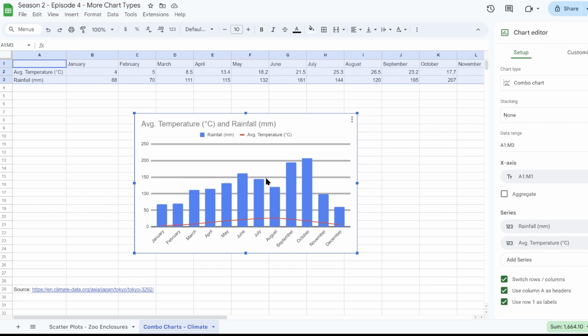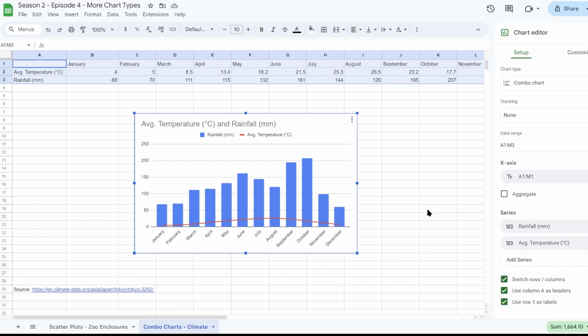So in order to change this, what we have to do is we have to add another axis. We have to add an extra y-axis on this side. One for temperature, one for rainfall. And that would make our chart easier to read, because then you can get roughly exact values for both rainfall and temperature. It's also important to do this because rainfall and temperature are different units. So millimeters and degrees Celsius are of course different units, and measuring them both on the same scale wouldn't make